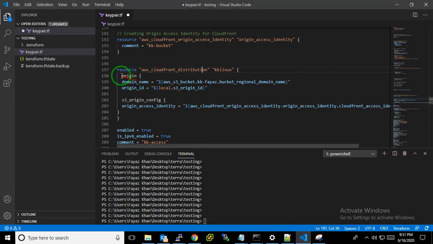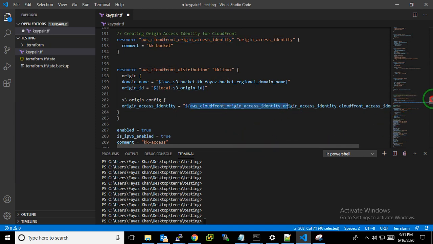We have to create the origin with the bucket name or regional domain. Then copy my origin ID from the S3 bucket, and the S3 origin config means the origin access identity comes from this CloudFront origin access identity resource. So it's calling this here.